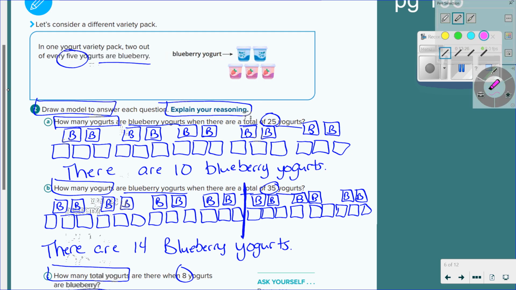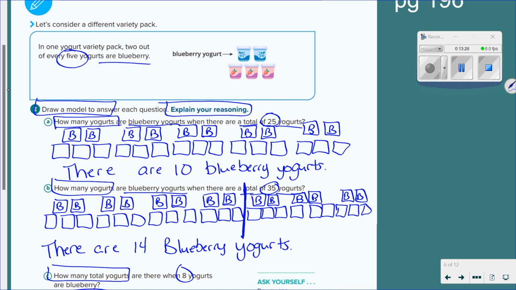Who knows how to make an equivalent fraction? So Nyla, what do you do when you're making an equivalent fraction? That's okay. Who else knows how to make an equivalent fraction? Sally, what do you do to make an equivalent fraction? Okay, when you find that common denominator, what do you do? By the same number. You're multiplying the numerator and the denominator by the same number to create a new fraction,